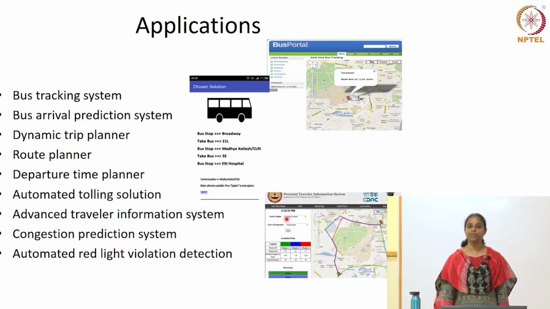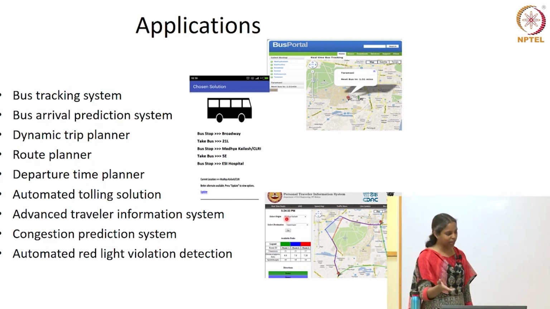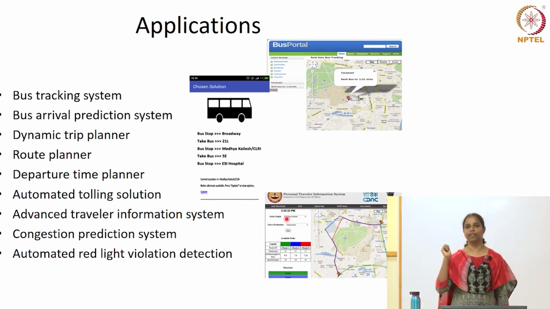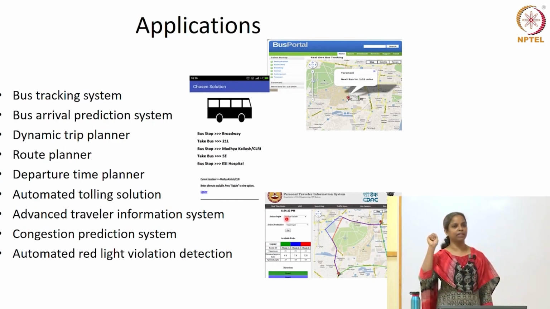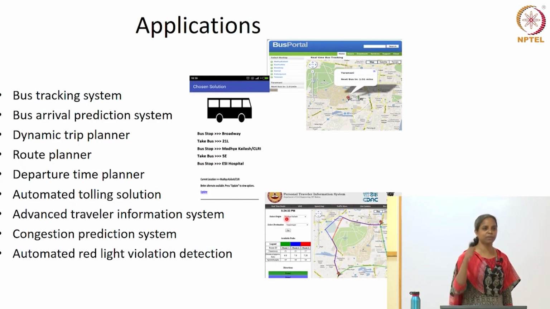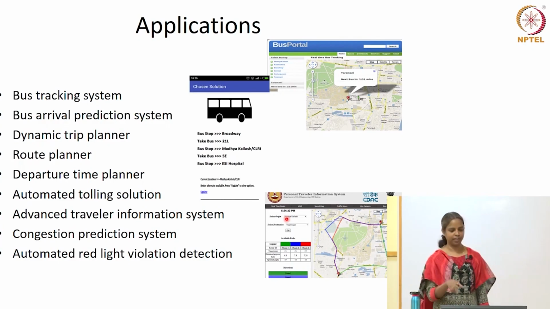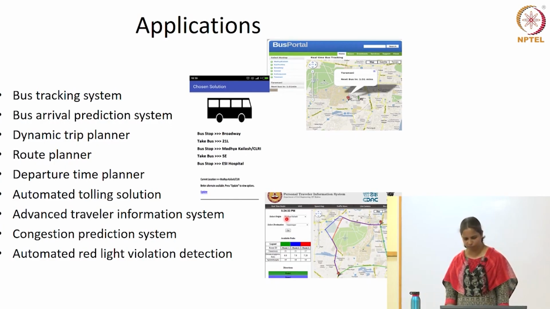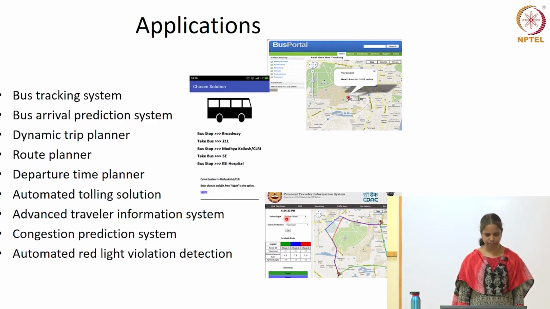Some of the applications which we have developed include a bus arrival prediction system. What you see as the picture there is actually a live system where you can click on the route number, it will show the bus stops, you can click on a bus stop, and it will show when the bus will come. If there are multiple bus routes, it will show all the route numbers, and whichever one you want, you can click and it will show. So there are many solutions that were developed. As I said, most of them are undergrad students' work.